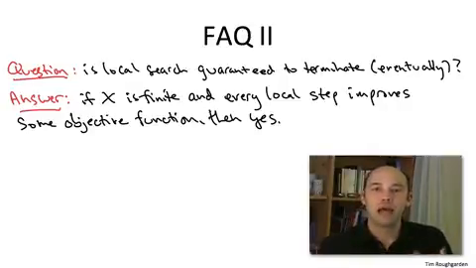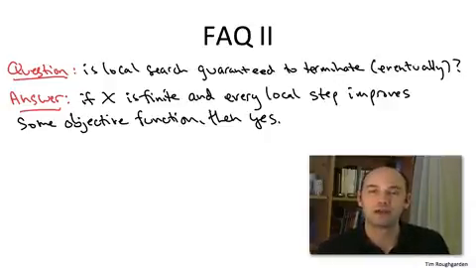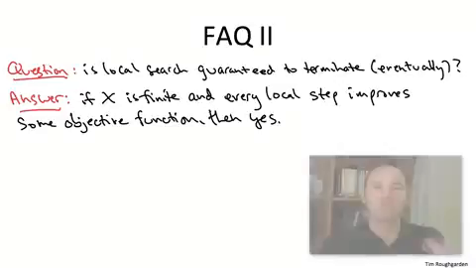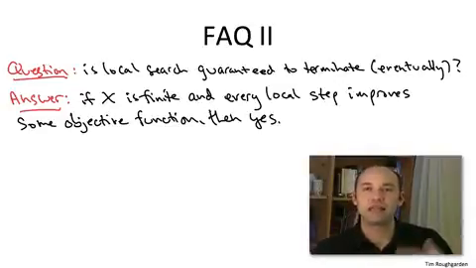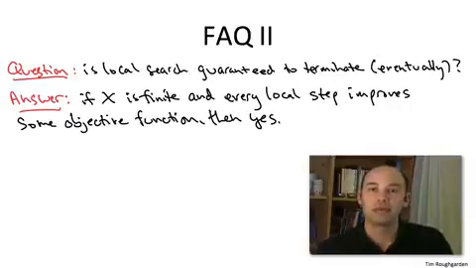And again, how do you decide which tour to go to next? You look for one that decreases the objective function value, the total cost of the tour. Whenever you have those two properties, finiteness and strict improvement in objective function, local search is guaranteed to terminate. You can't cycle because every time you iterate, you get something with a strictly better objective function value, and you can't go on forever. Eventually, you'll run out of the finitely many possible things to try.